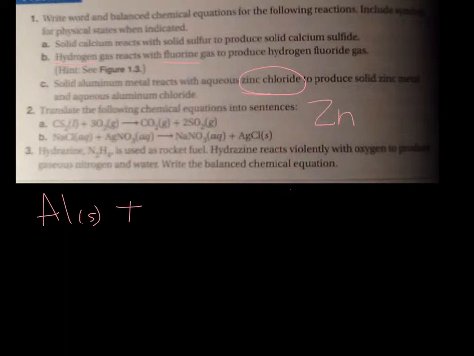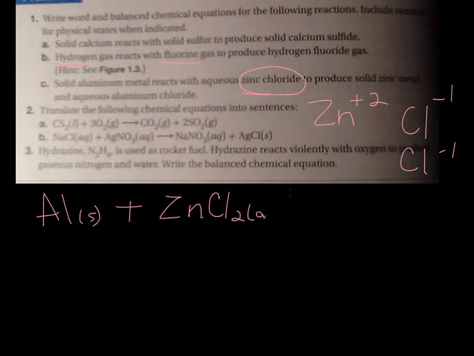Zinc from our periodic or ion chart is +2. Chlorine from our ion chart is -1. So we're going to need 2 chlorine for every 1 zinc. So this compound would look like this, ZnCl2, and it's aqueous, so we'll put in parentheses (aq), and now it's going to produce, so the arrow goes where the produce sign is, and it's going to make solid zinc metal, which is just zinc, Zn, and that's a solid, so I'll put an (s) really small behind there,